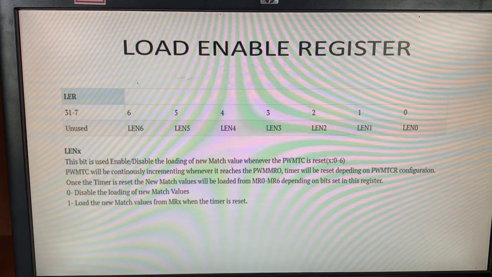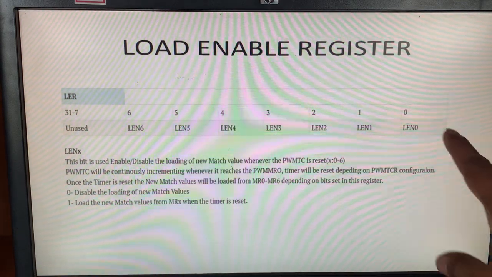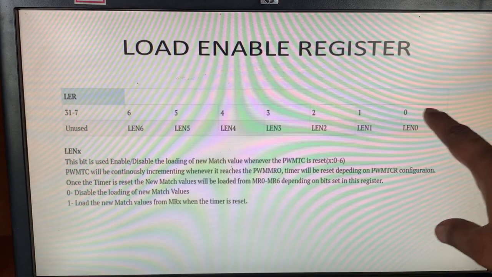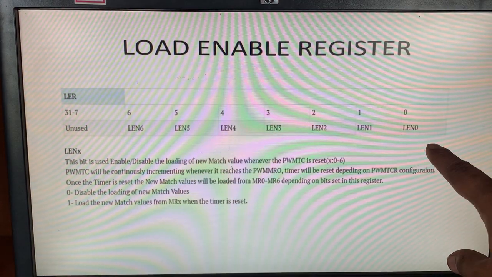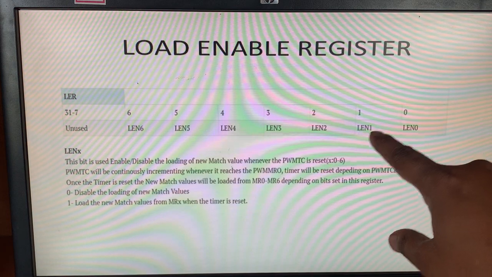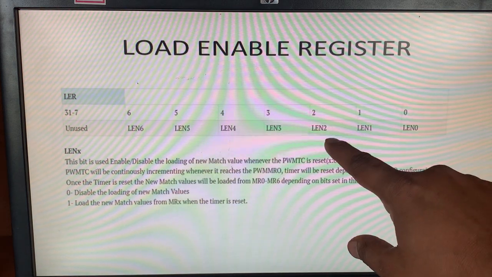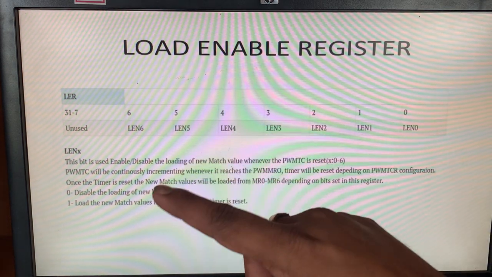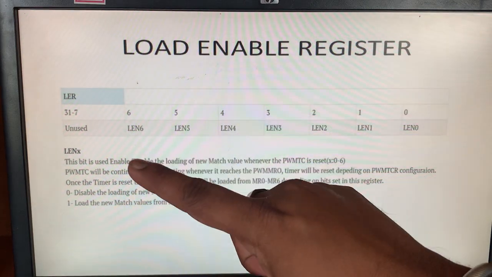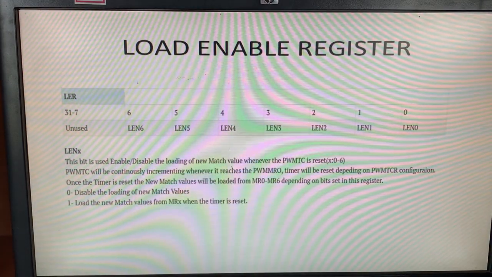The next one is LER, as I showed you in the table itself. LER is nothing but the load enable register. This is also 32 bits wide, starts from 0 to 31, and bit 0 is LEN0, then LEN1, LEN2, LEN3, like that up to 6, and 7 to 31 we are not using anywhere.